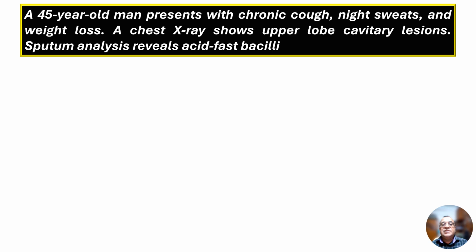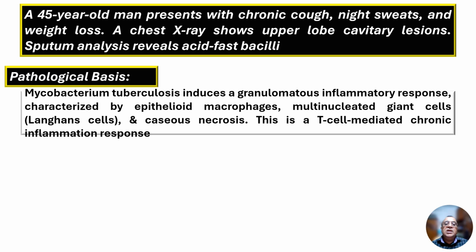Now we will discuss a case scenario to understand the pathologic basis of the lesion. In this condition, a 45-year-old man presents with chronic cough, night sweats and weight loss. Chest X-ray showed an upper lobe cavitated lesion and sputum analysis revealed acid-fast bacilli. So the pathological basis for this condition is the presence of Mycobacterium tuberculosis that induced a chronic granulomatous inflammatory response, with presence of epithelioid macrophages, multinucleated giant cells, Langhans type of giant cells, caseous necrosis, and this response is mediated by T